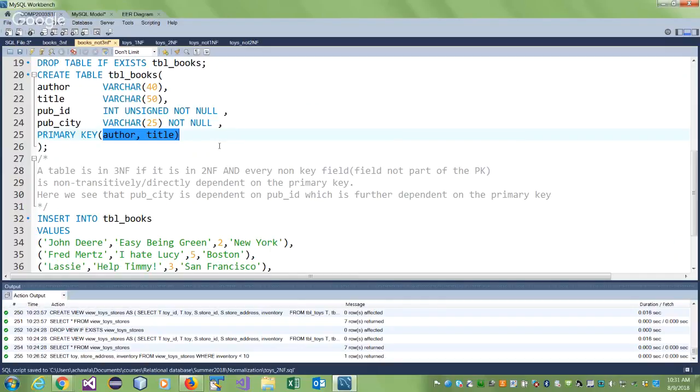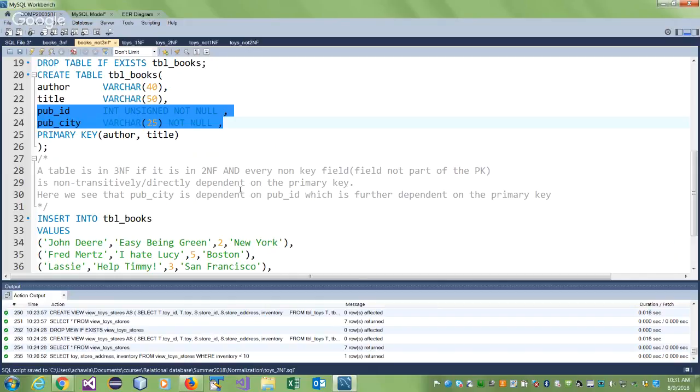Now let's look at whether this table is in the third normal form or not. So a table is in the third normal form if it is in the second normal form. That's the first thing. That means also in the first. And every non-key field is directly dependent on the primary key. When I say directly dependent, I mean there is no transitive relation. And let me show you what is this transitive relation that I'm talking about. Is it in the second normal form? All non-key attributes are fully